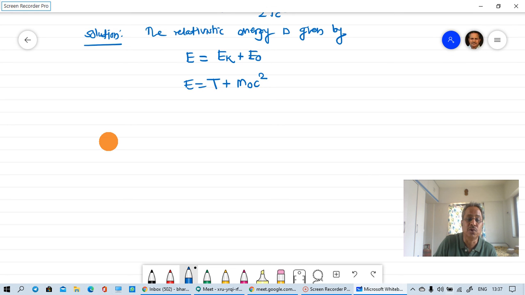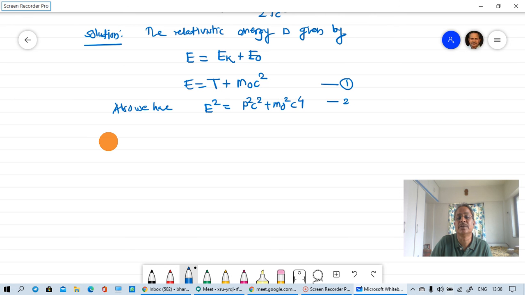Also, we have a relation we have just written: E squared is equal to p squared c squared plus m0 squared c raised to 4. Call the first one equation 1 and this one equation 2. Now square equation 1 and substitute here. So squaring